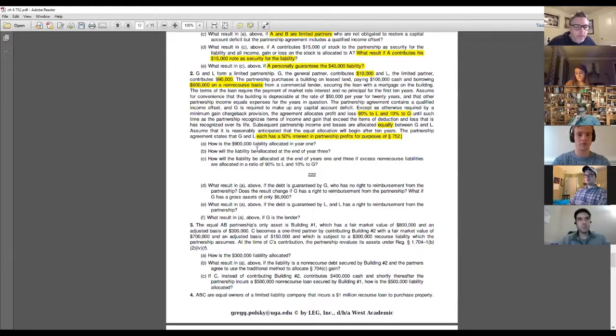Okay, any questions on any of that before we move on to 3? Okay, so 3 was a problem. We did a bunch of this yesterday, and we changed one fact in B. We did A, we changed one fact in B, and the big fact is it's non-recourse instead of recourse. So if you recall, just starting from the top, what we had in this fact pattern is,